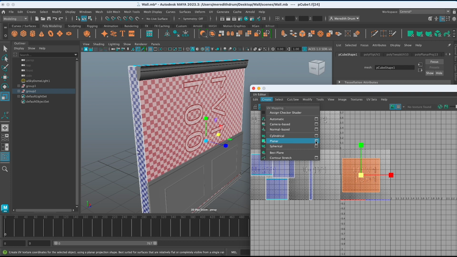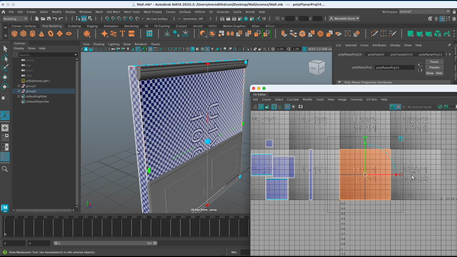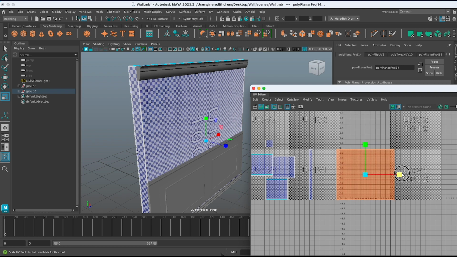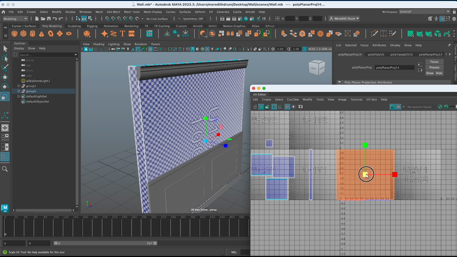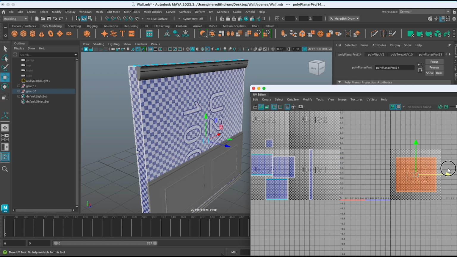to Create, Planar, and if we had a film projector, we would project it from the blue cube here, which is Z, blue is C, red is X, green is Y. So let's project, and that looks pretty good. You know, we could make it a little bit wider, a tiny bit wider. And we'll just move that out of the way for the time being.